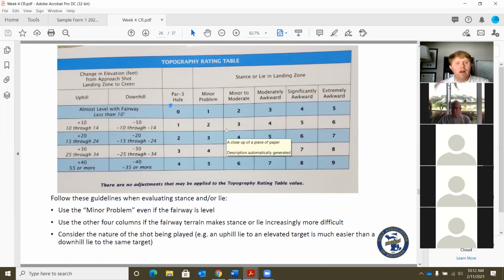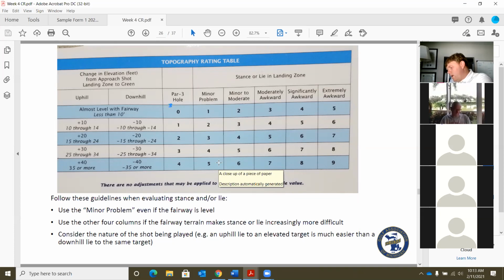So if you've played in other places, other places may or may not be more or less level or have more fairway tilts and things like that. So we have to keep that in the back of our mind as well. And then the other thing to keep in mind is that there's a good example on page 8 in your course rating guide,